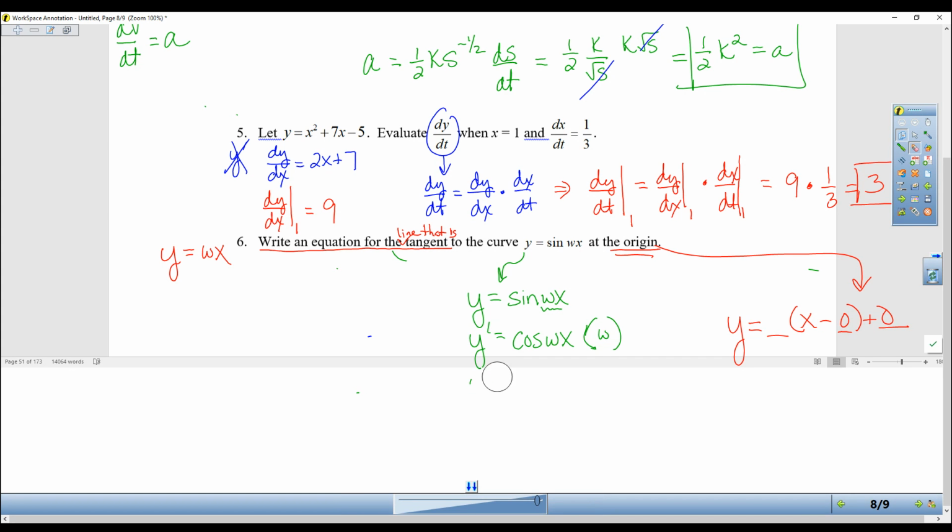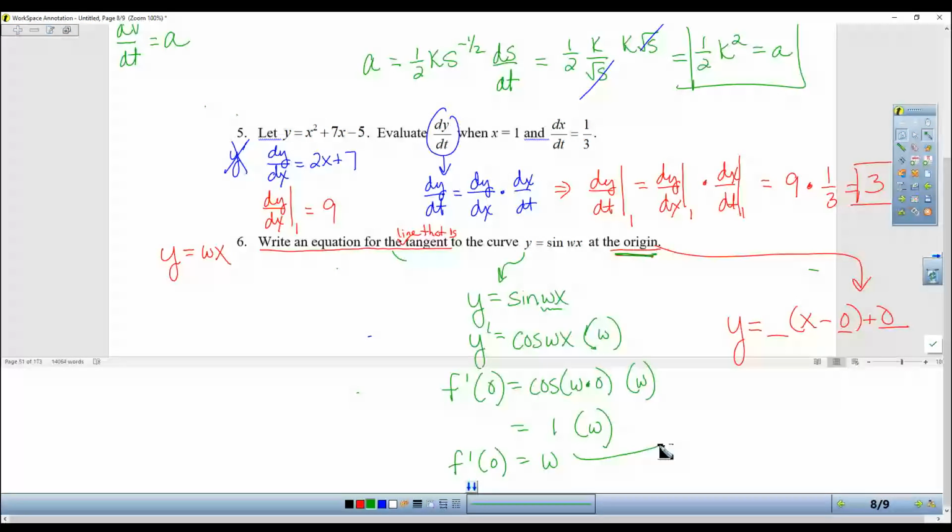This is where f prime is better than y prime. F prime at 0, because I'm doing the origin, is cosine of w times 0 times w. Well, cosine of 0 is 1, so the derivative at 0 is equal to w. That's what goes there. And my final answer, if I take out all the zeros, is just y is equal